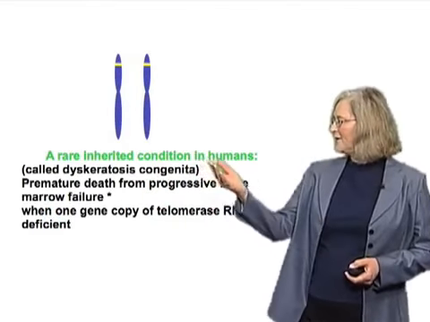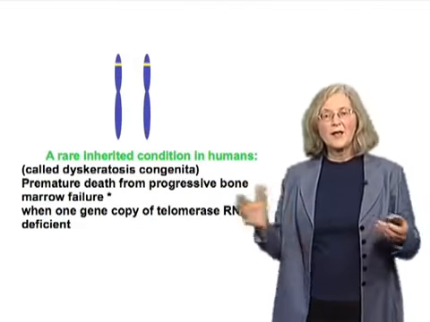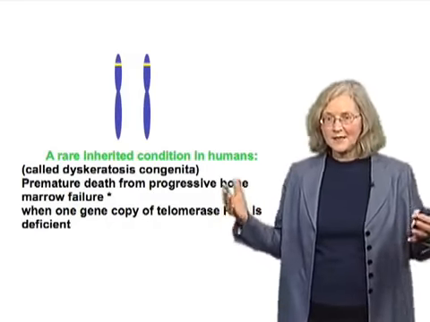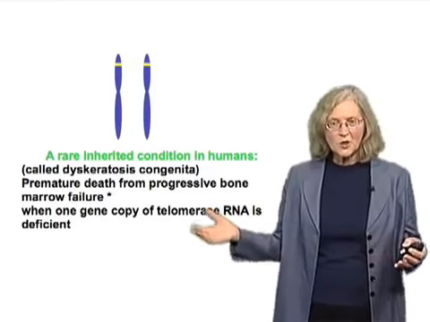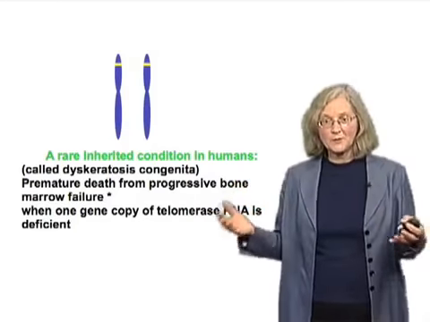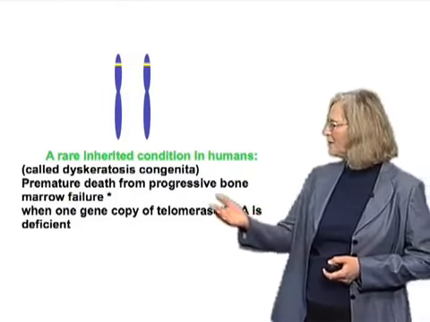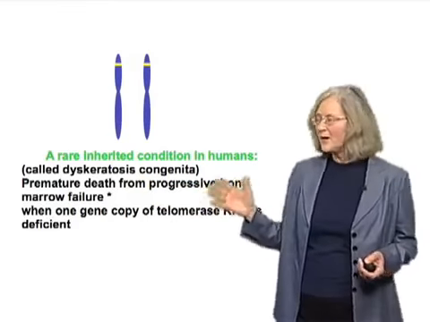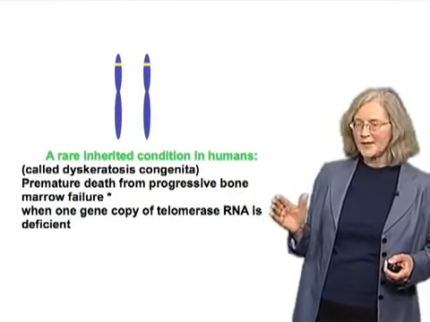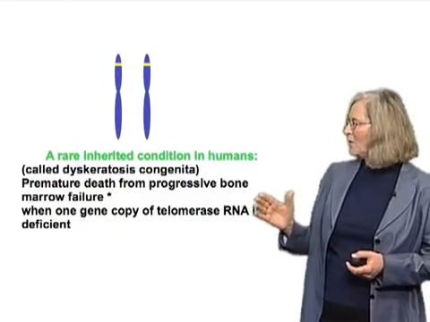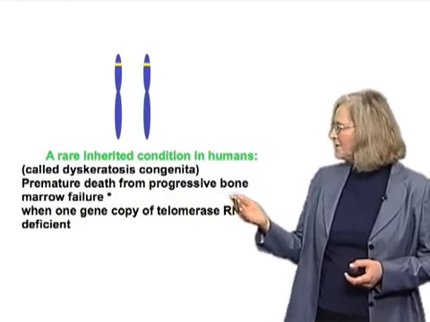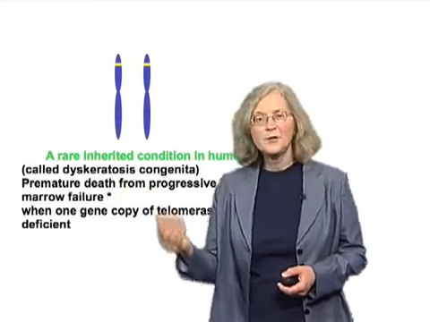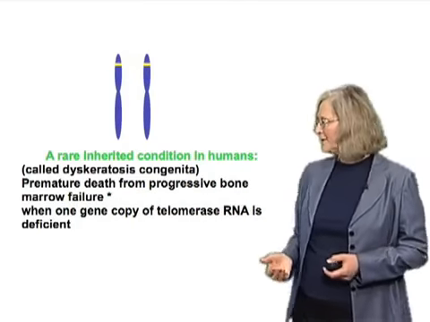There's a rare inherited condition in humans. It's very rare, but it's now been seen in some dozens of families. We have billions of people on the planet, and even a very rare disease can sporadically show up in amounts that cumulatively add up to dozens of families. This has been seen for a particular disease called dyskeratosis congenita, which you don't really have to remember because it's not the most clinically relevant aspect here. What's important is that such individuals die from progressive bone marrow failure, and they suffer a premature death. They don't make it to old age.